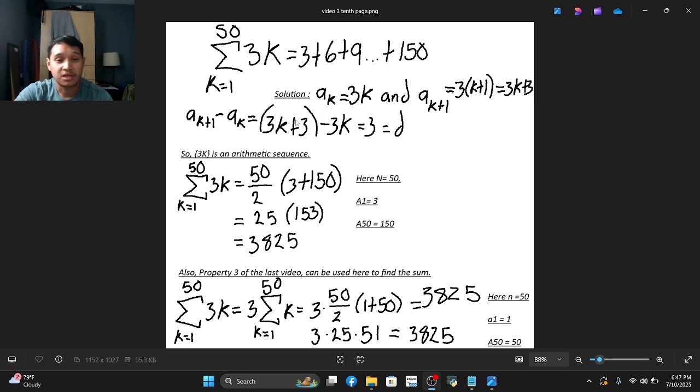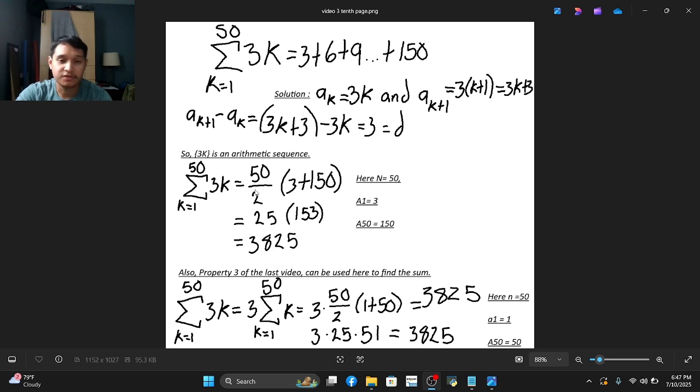Now this 3k plus 3 minus 3k, so we know our differentiator. So 3k is an arithmetic sequence. The sum from k equals 1 to the 50th term of 3k